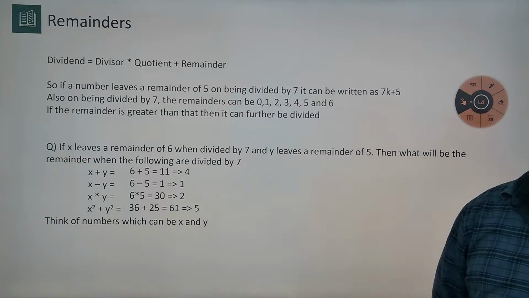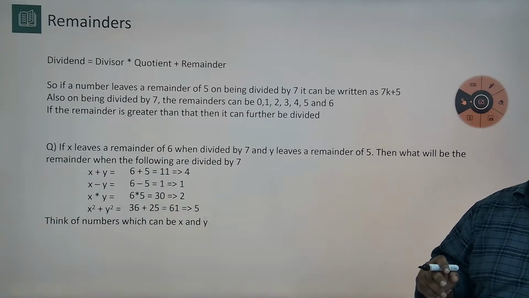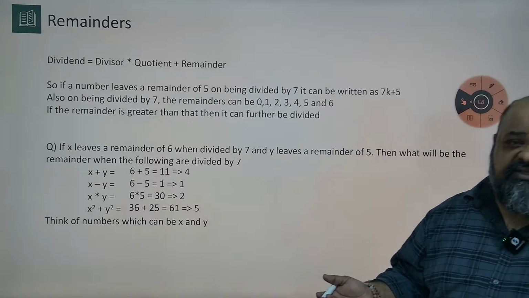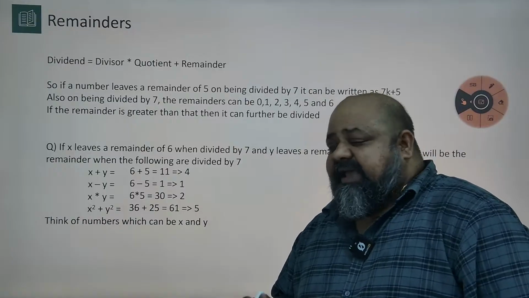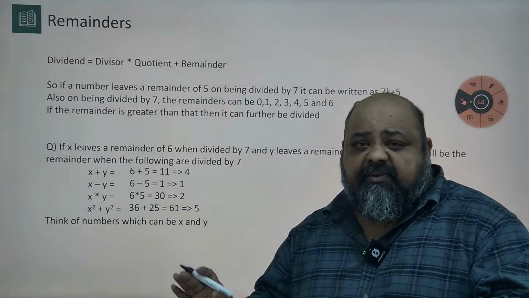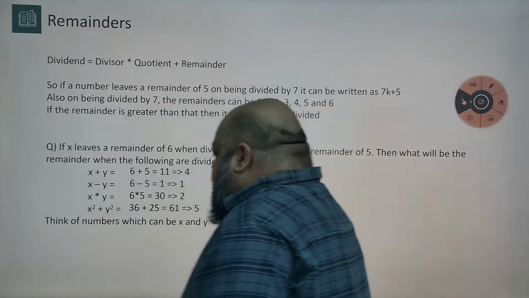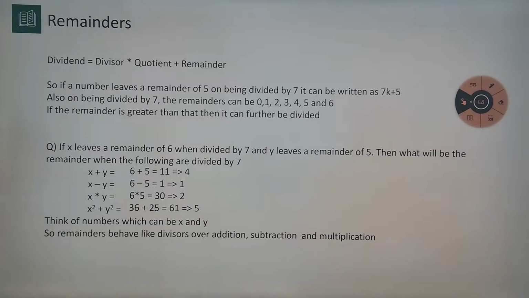So what I'm trying to say is, in case of remainders, when the divisor is the same, whatever the numbers will do, the remainders will do the same. So when I say that x has a remainder of 6, y has a remainder of 5, x plus y divided by 7 will be the remainder of 6 plus 5 divided by 7. So I just need to deal with the remainders, not the entire number. And therefore, on that basis, we get our first question. Remainders behave like the dividend over addition, subtraction, and multiplication. And therefore, this is the first question, which says